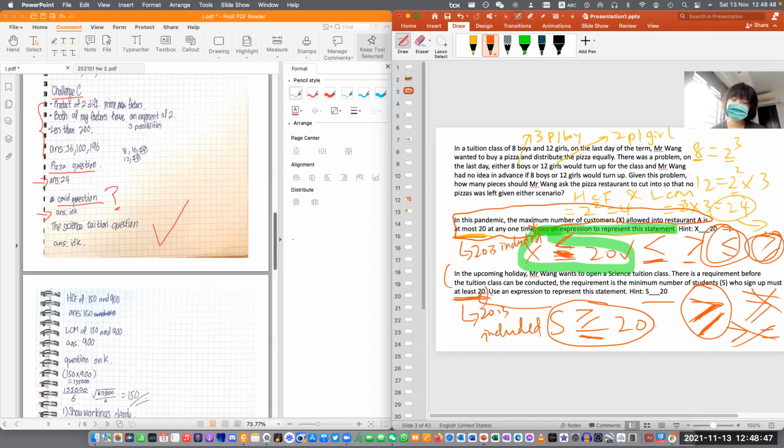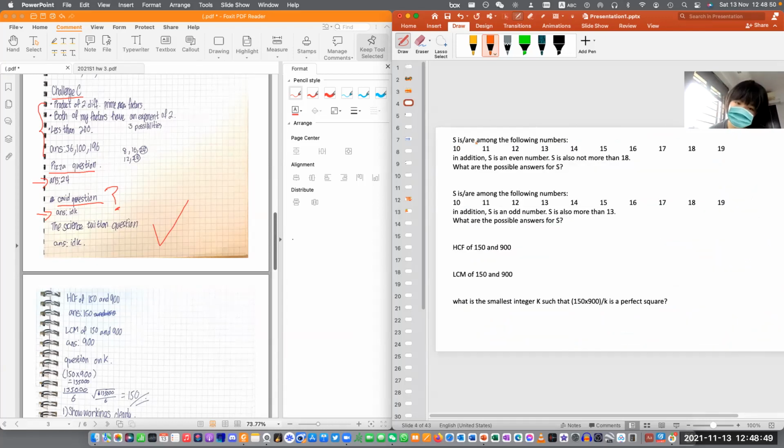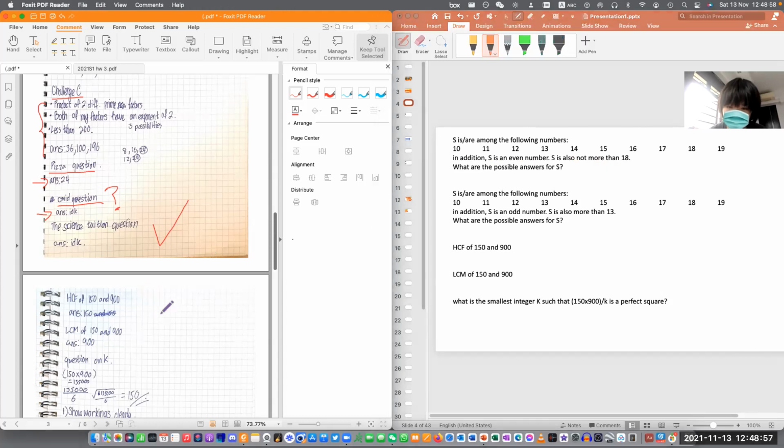Okay, next. S is among the following numbers, 10, 11, In addition, S is an even number. S is also not more than 15. So,